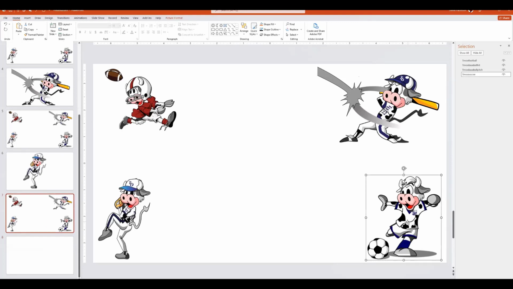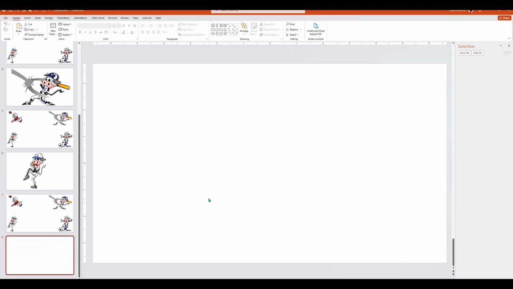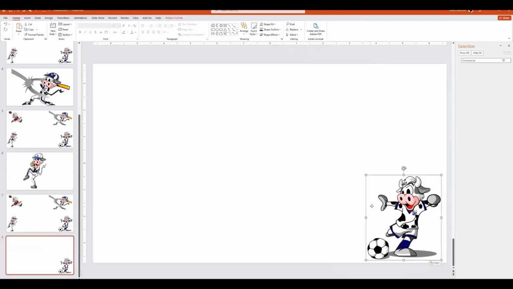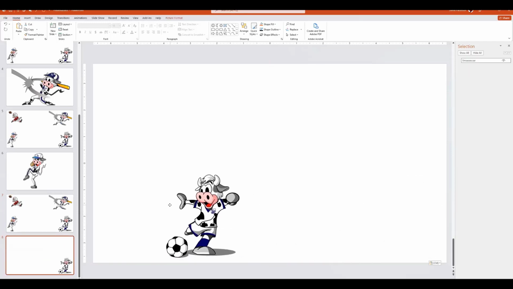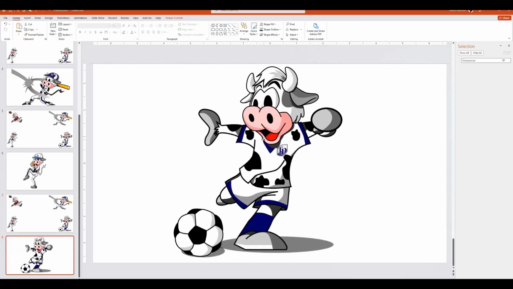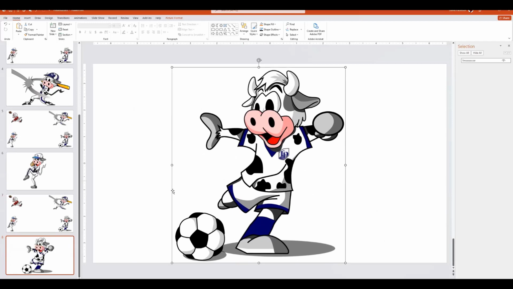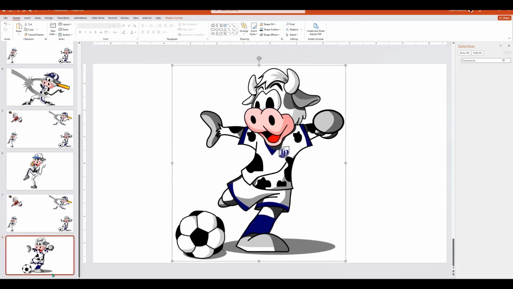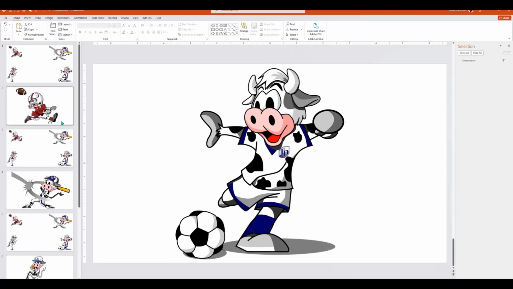Select the soccer cow, right click it and paste it. And then it's going to paste that in there. I'm going to center it slightly and then increase the scale of him. So if you're wondering what I'm doing, when we run this transition with the morph, it's going to open up